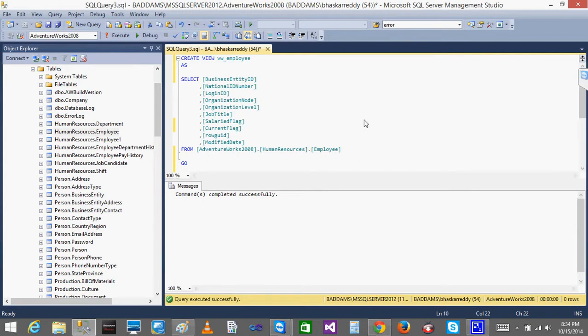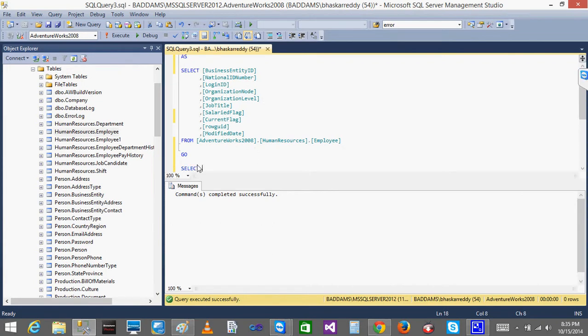So the view is created. If a manager wants to access the employee table, he can directly access it. But for other people who access the employee table, I need to restrict things like salary and date of birth. So I am going to remove permission for other users from this EMP table, and grant permission on this view. Now they can access the view same as a table. Select star from vw underscore employee, that's it. Now when I access it, it is the same as a table, and you will get the records.